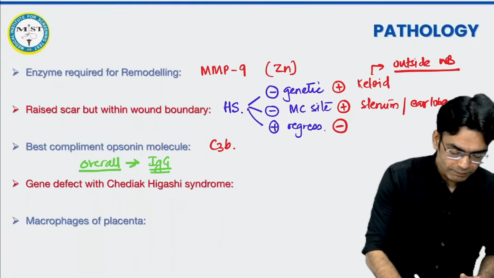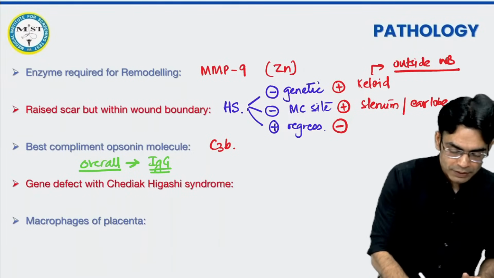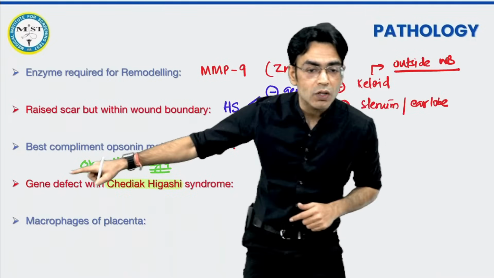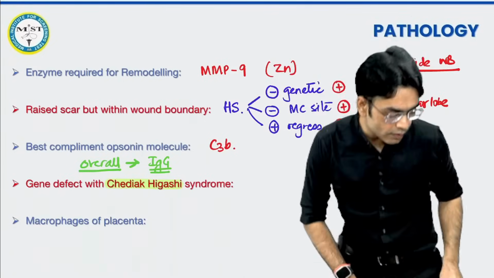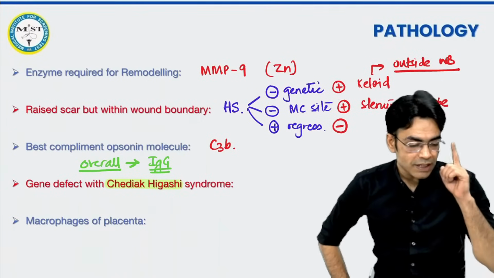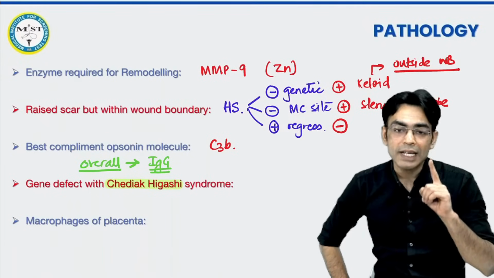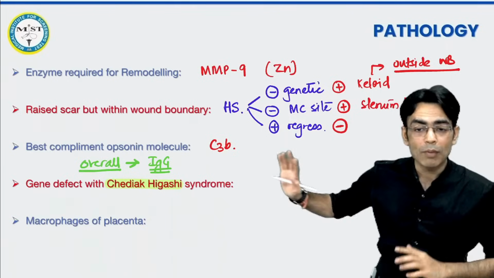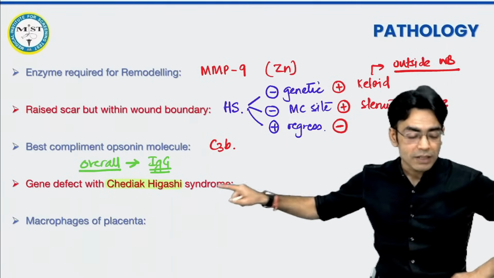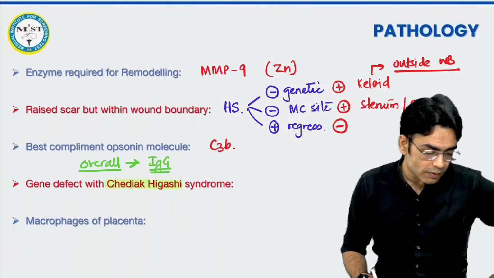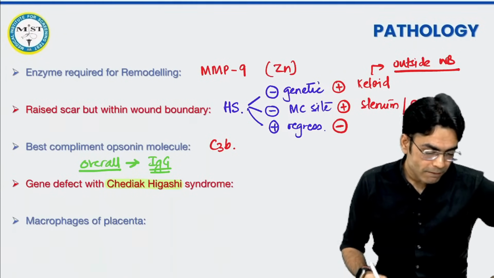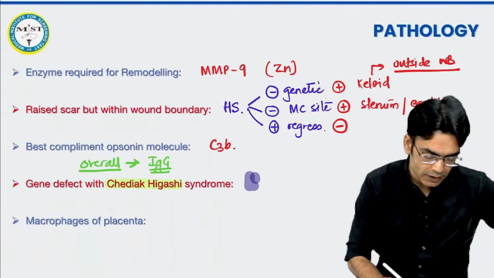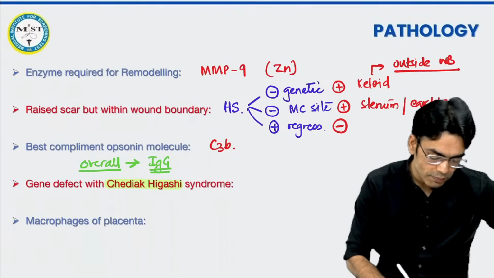चलो, then चिड़ियाक हिगैशी बताओ छोटू फटाफट. चिड़ियाक हिगैशी के लिए what is the gene defect we are talking about here? Tell me quickly. फटाफट. बेटा C5a, when we are talking about C5a, it's a chemoattractant. A आ रहा है ना उसमें, तो आजा हो जाएगा वो. It's a chemoattractant. We are talking about an opsonin, that is why C3b is the answer. यहाँ चिड़ियाक हिगैशी में बताओ, what would it be? अरे वाह छोटू, very good. चिड़ियाक हिगैशी, very good बेटा. This is going to be LYST.